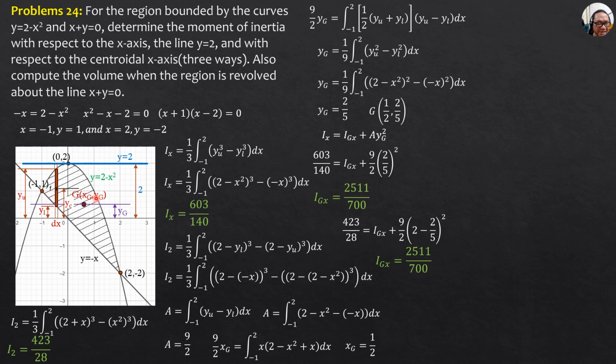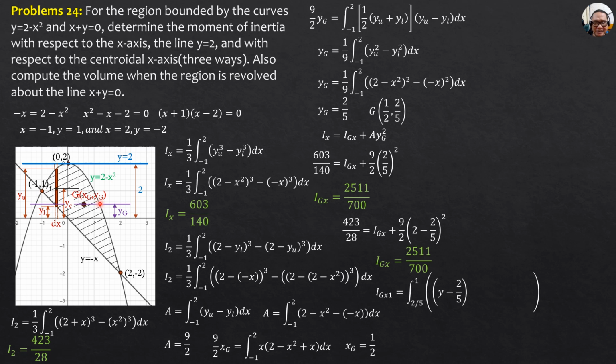Imagine a horizontal strip here, and that horizontal strip is parallel to the centroidal axis, and the distance is y minus yg. So Igx1 therefore is the integral of y minus yg squared. That's the constant distance square. Then differential area this time is right x minus left x dy. So it's the y that is the variable this time, and limits would be from 2/5 to 1. So I focus first on that case.